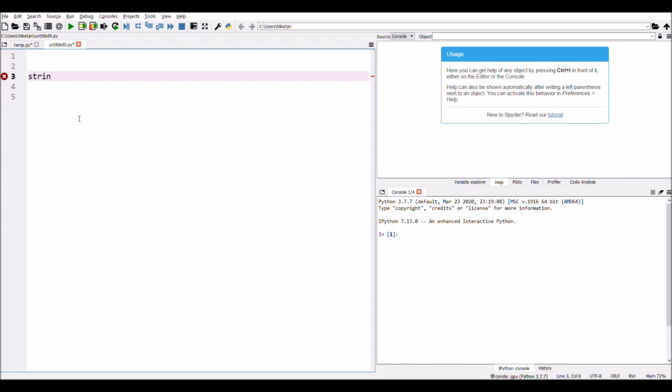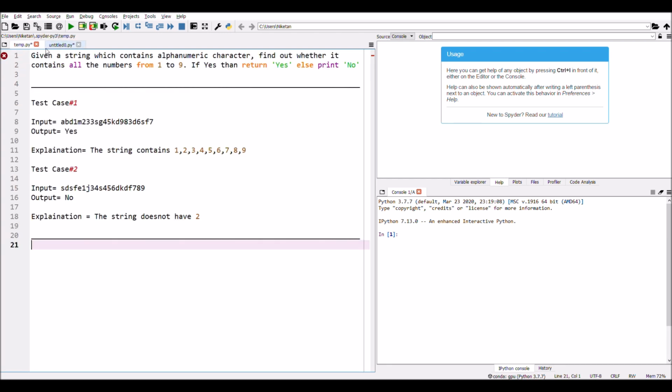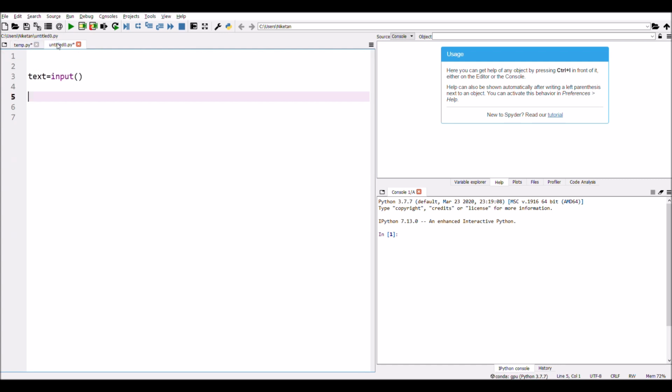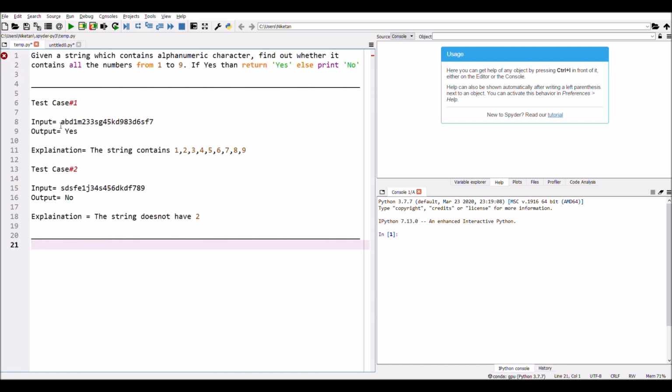We will name the input as text equal to input. Now we have the text as input, in which we will store the string. Now we have to find whether it contains these numbers 1 2 3 4 5 6 7 8 9.